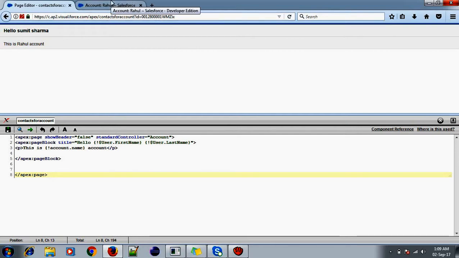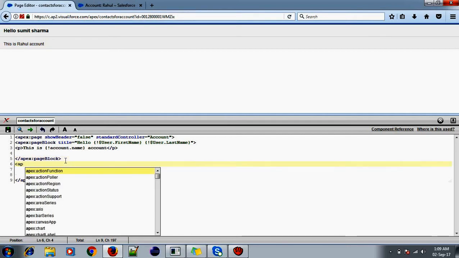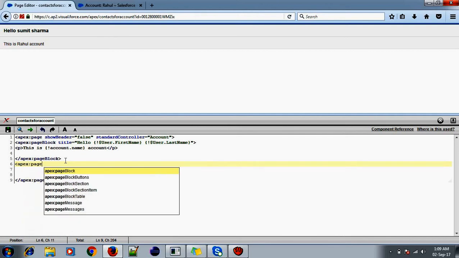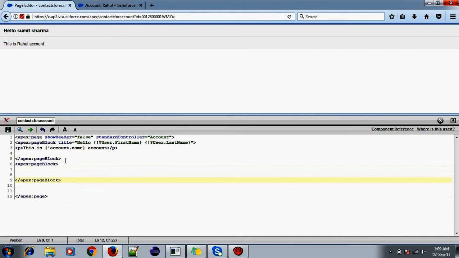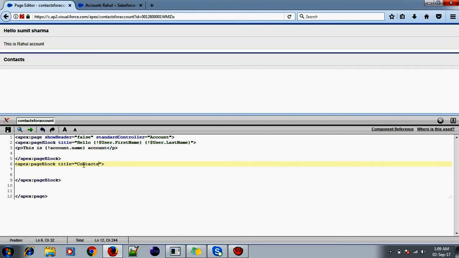Next, I am going to use another apex:pageBlock. In this page block I'll add the title Contacts, and this contact will be related to the above account, so I can name it Related to Account.